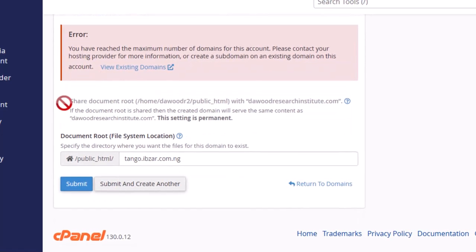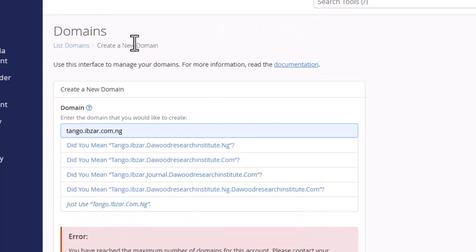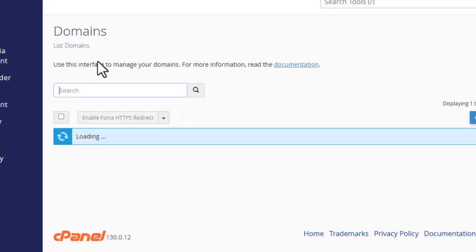do not check on this box. Do not check on share document root. If you are sharing document root, it means you are sharing the same website files, the primary website files, with the add-on domain name. So you do not check on this box and then leave it unchecked. If it's checked already, then uncheck it and then click on submit. So once you click on submit, the domain name is going to be created